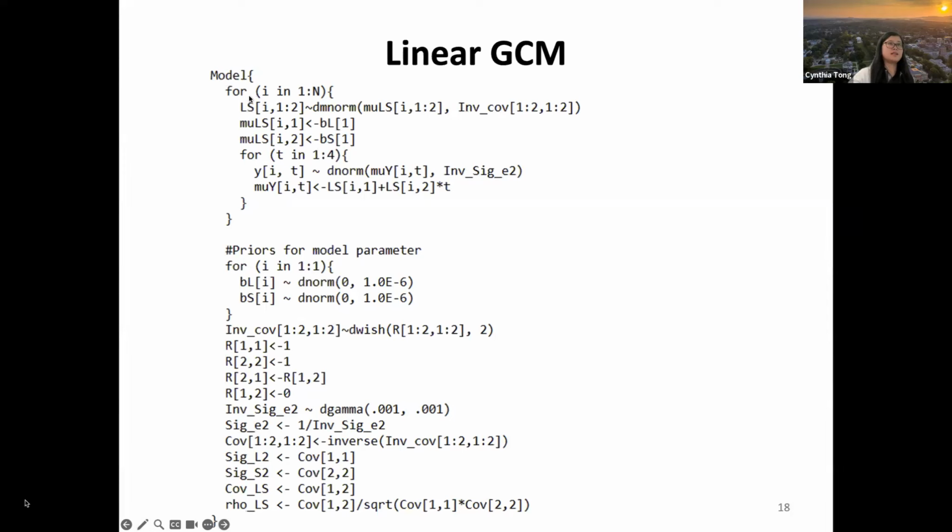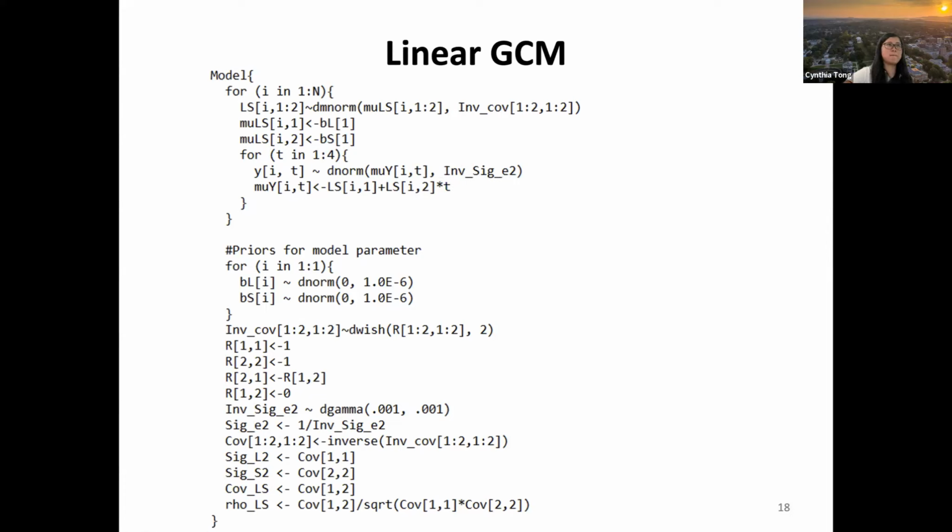And you can see this is for individual, for the i-th subject, for i from 1 to n, and this is the total sample size. And for each of the subjects at each time point, for t from 1 to 4, there are 4 time points for this data set. Our observed score Y_it follows a normal distribution with a mean of mu of y, and this is the precision parameter, basically the inverse of the variance. In JAGS, we're not actually specifying the variance, instead it's the precision parameter.